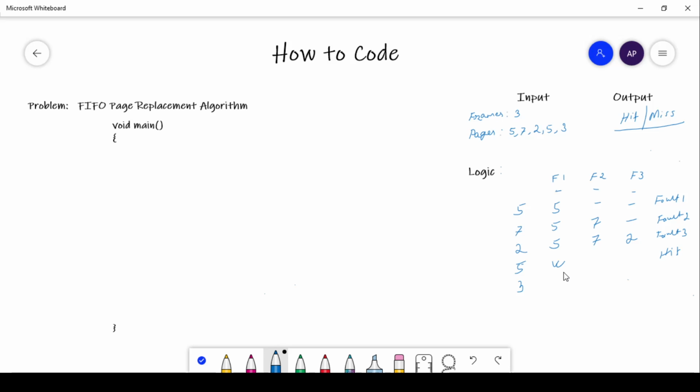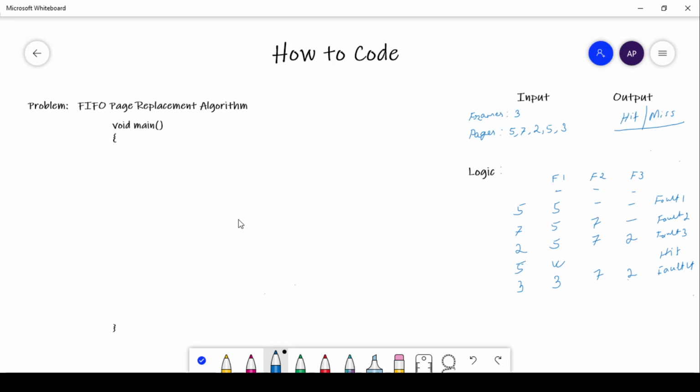Now which frame do we have to choose? This is F1, because first in first out, and 5 came first, so instead of 5 put 3 in frame F1. So this is the final combination, 3, 7, 2, and another page fault, so page fault number 4.